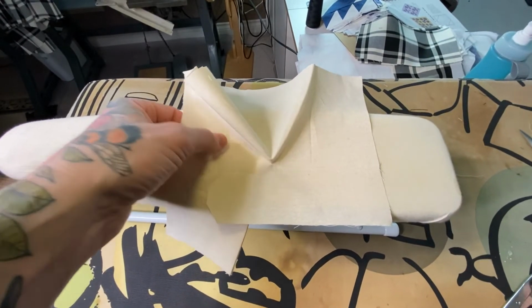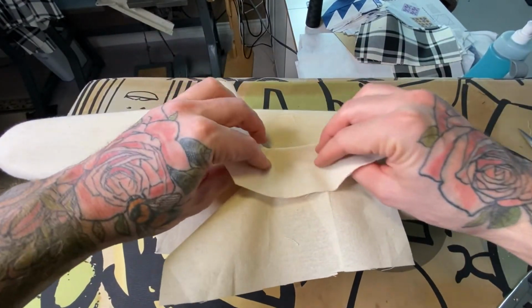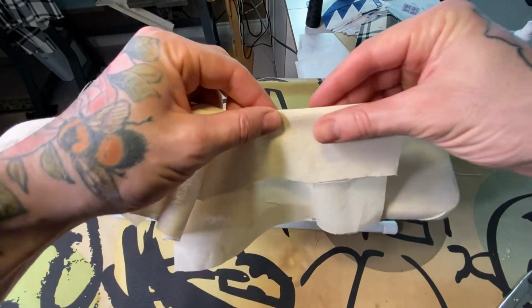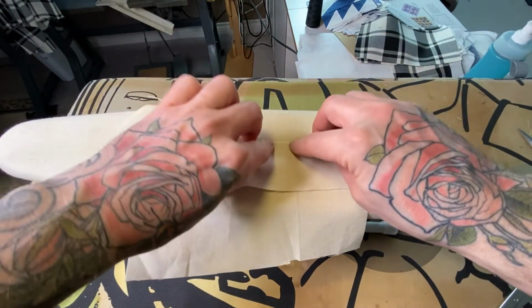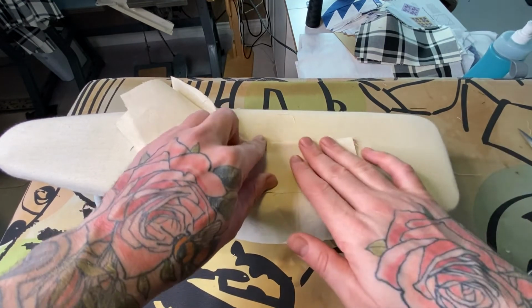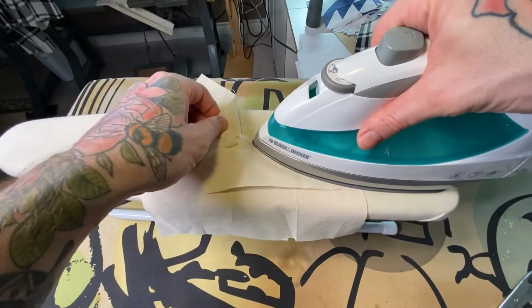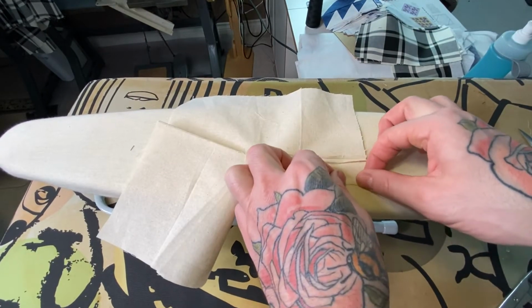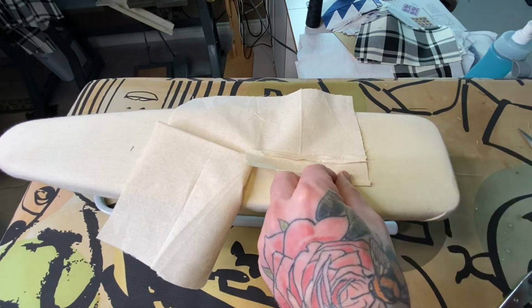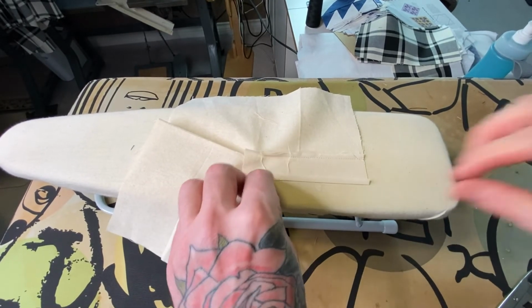Mark it like how I did before, just use a Jiffy marker, something that is going to be obvious, because you'll end up having to seam rip and it'll affect your learning. Here's what a 1/4 inch fold looks like. I suggest that you use a ruler. So you fold that seam allowance back, and then we're going to